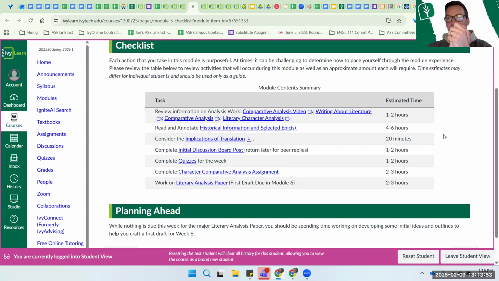So if you were in my class for 6 hours a week and you couldn't do anything else but focus on our course, what's the thing that you want to focus on most? Well, you want to really focus on reading those selected epics first. It's not going to take you 4 hours to read through those. It might take you about two, though, to read through both, looking about 80 pages, maybe two and a half,